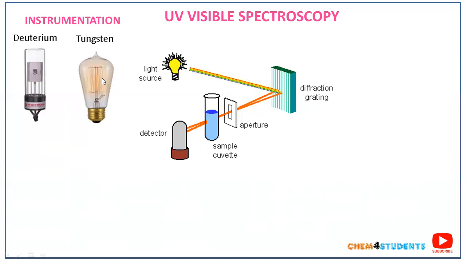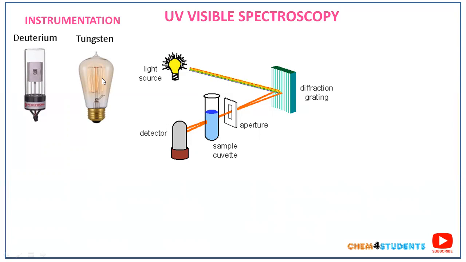Here we can see a small problem that we need to consider when performing this experiment: the lamp life. Usually lamps have a life of 1,000 hours or 1,500 hours, so we need to check the lamp life before starting the experiment. If we don't check it, we can get problems: sometimes we cannot get the peaks, or we get low peak intensity, noise peaks, or irregular baselines. These are the problems we can get when operating with low efficiency lamps. That's why we need to check the lamp life.